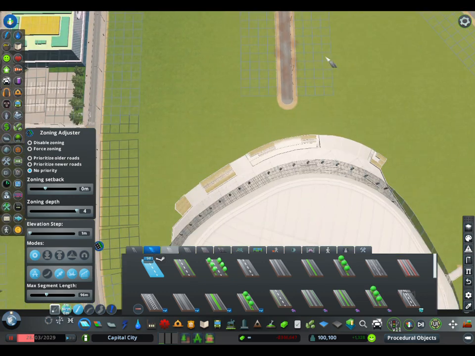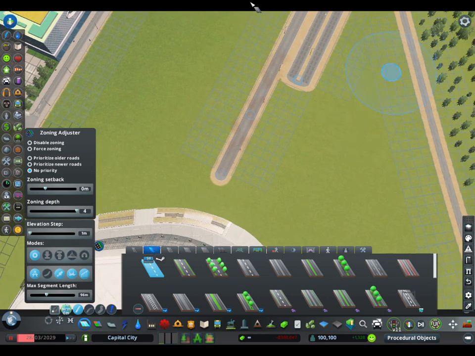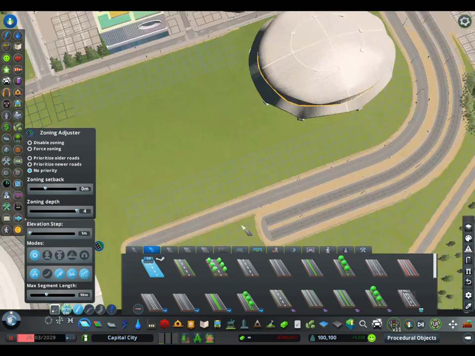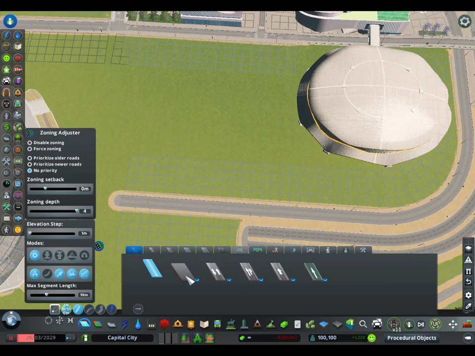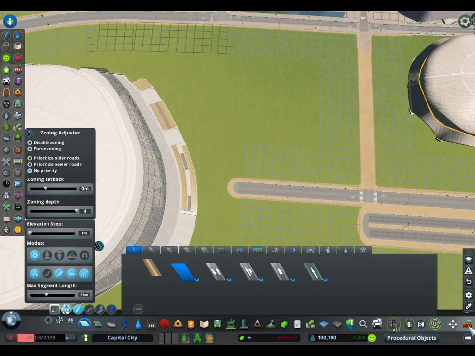Actually, I think I went too far on that, but that's okay. Kind of toying around with different ways of doing this. Lane road down there, and then we can run the parking off of this. So let's go ahead and